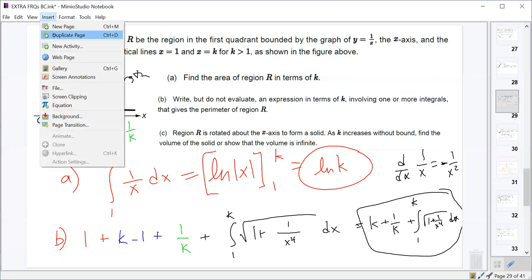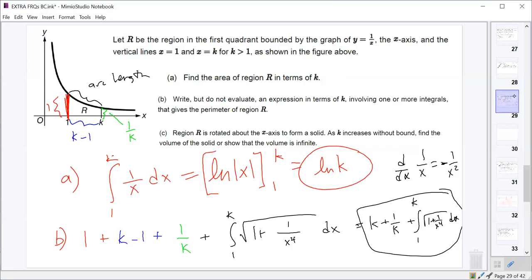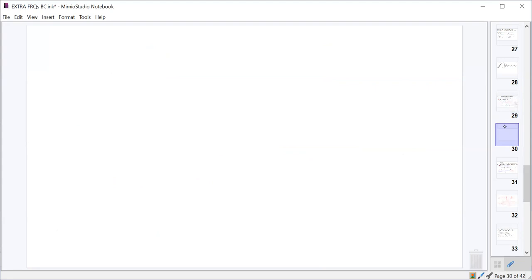All right. Part C says we're going to take region R and rotate it around the x-axis, and we want to figure out what happens as k increases without bound. So find the volume or show that the volume is infinite. So all we've got to do is set up an integral with a limit as k approaches infinity of the